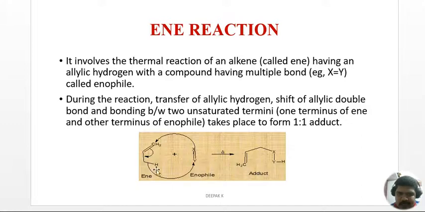Look at the reaction. You have an ene here reacting with an enophile, X double bond Y, the general reaction. This is your allylic carbon, and the proton present on this allylic carbon is migrated to the enophile, thereby rupturing the pi bond in the enophile, and this X will be attached to this carbon, which results in the migration of this pi bond as well. So you have this adduct. This adduct will be formed after this reaction. So here what we are seeing is that you have an allylic carbon and it can have a group, and that group can be migrated from ene to enophile, with the subsequent migrations.